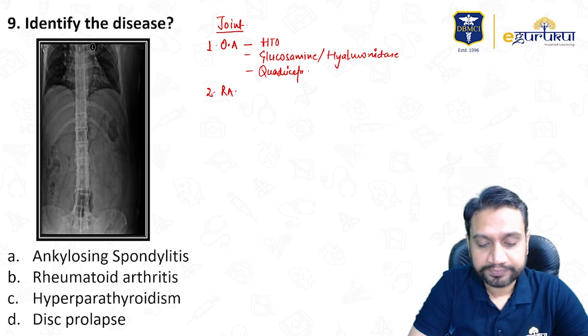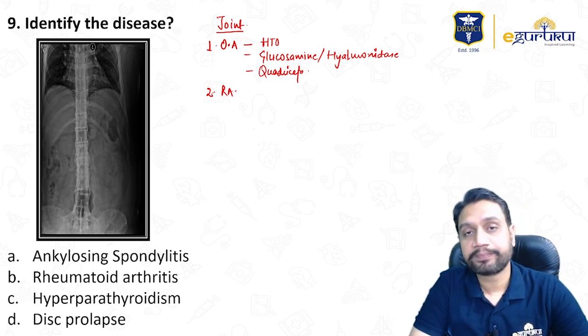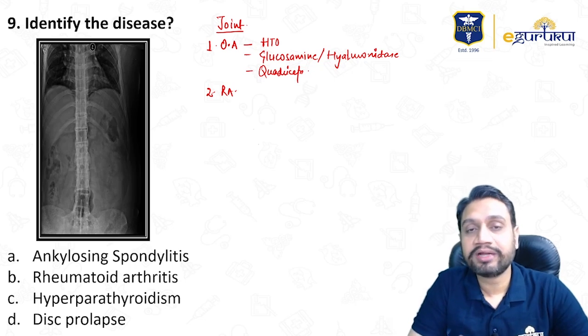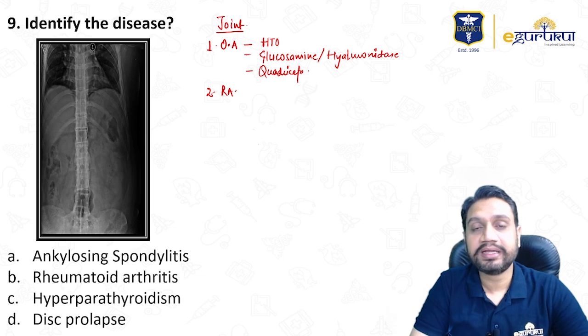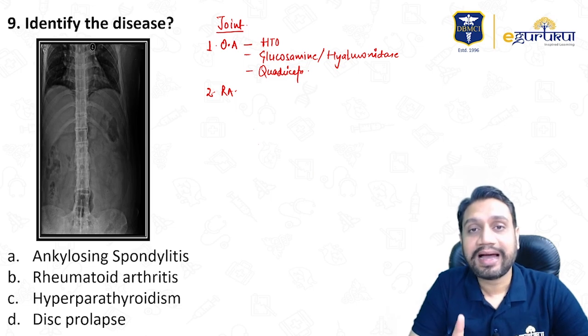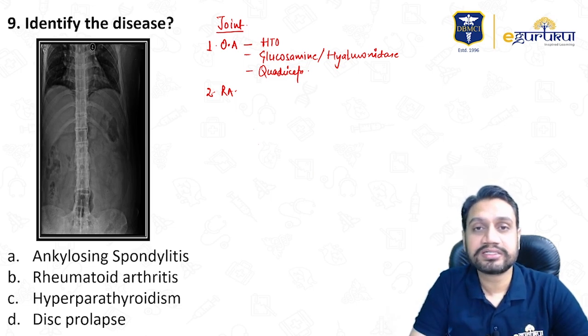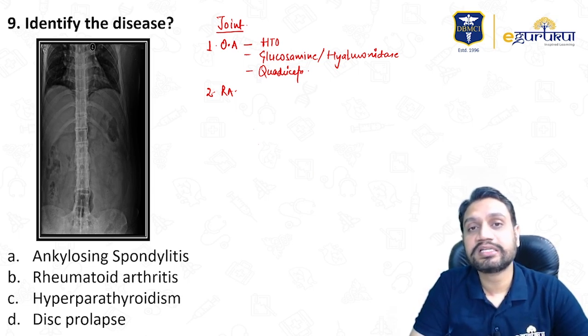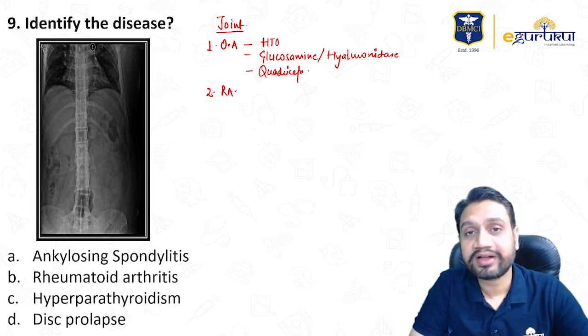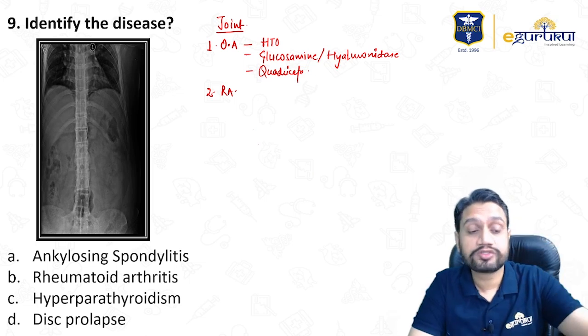Second, when you move to RA, I want you to remember every bit of detail about RA. Involvement of the wrist, non-involvement of the DIP and the vertebrae except C1 and C2. The related deformities: wrist subluxation, Z deformity, swan neck, boutonniere, then the triple deformity of the knee, hallux valgus deformity, atlantoaxial subluxation. These are all a part of rheumatoid. In investigations, the patient will be anemic, anemia of chronic disease, normocytic normochromic. Rheumatoid factor is not specific; anti-CCP is used for diagnosis.